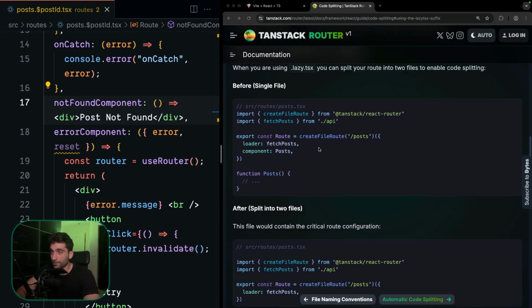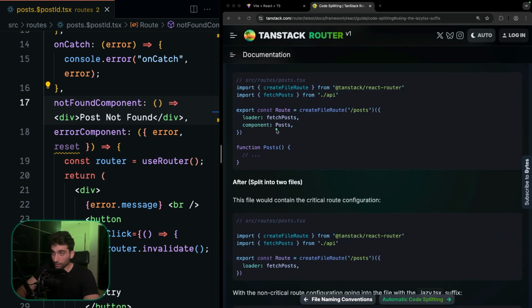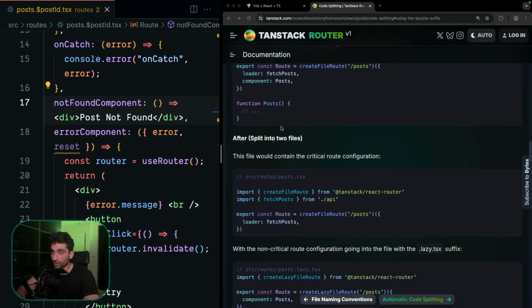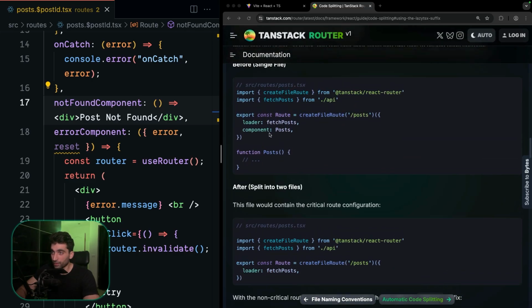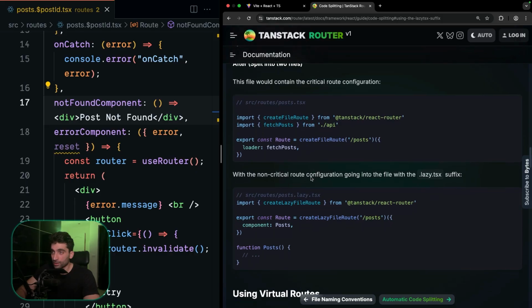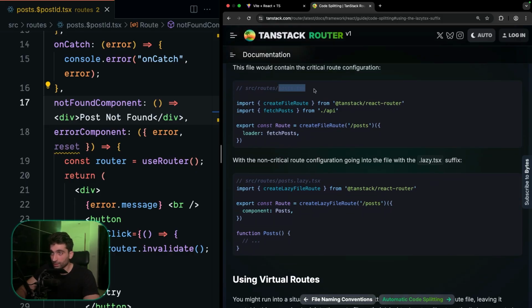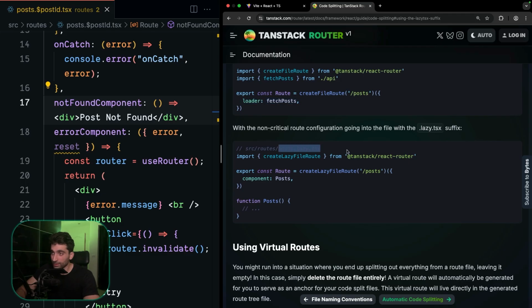So for example, this is how we would normally define a route. But let's say we would like to code split the component for the route, but not code split the loader. Then we're going to need to split this file into 2 files, one for critical things like the loader in our example, and one for non-critical things that can be code split like the component. So in this case, we're going to have this posts.tsx file that is going to contain the loader, and a posts.lazy.tsx file